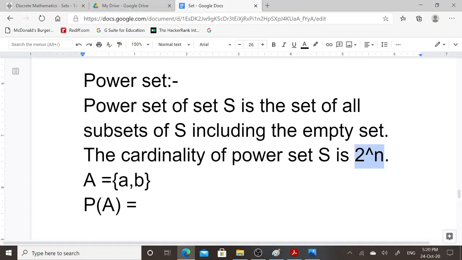Here the base value is 2 and the power n is the total number of elements present in a particular set. In set A the total number of elements is 2. So 2 to the power 2, which is 2 into 2, equal to 4.